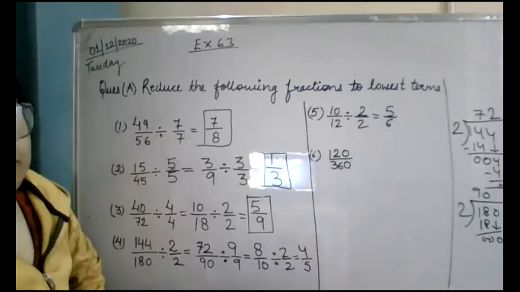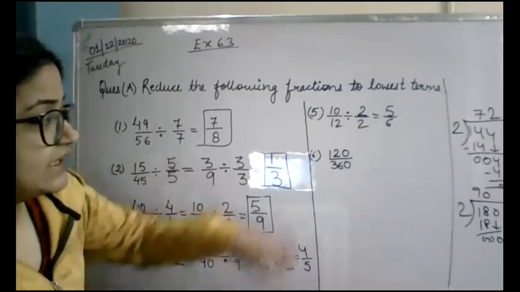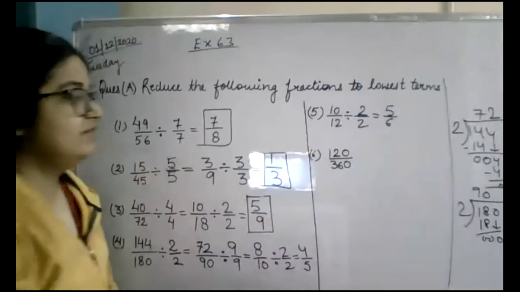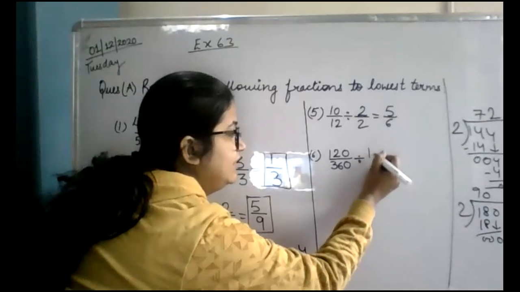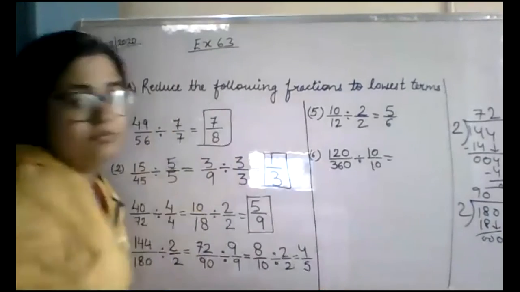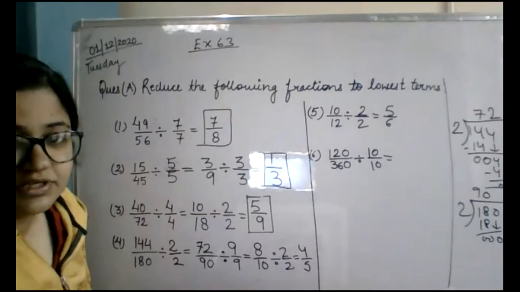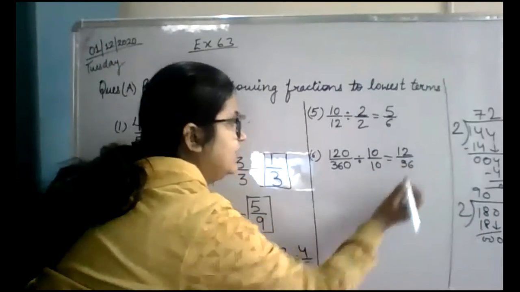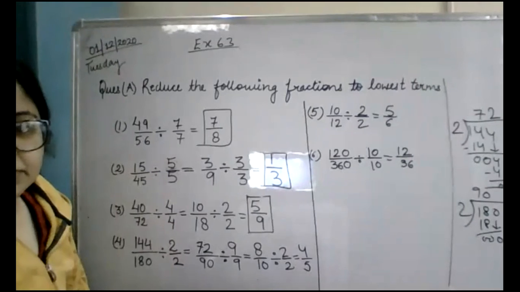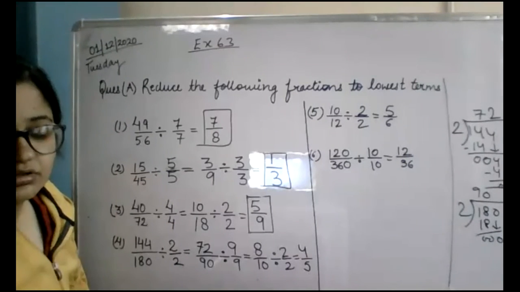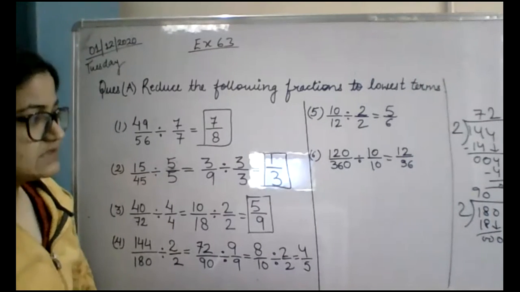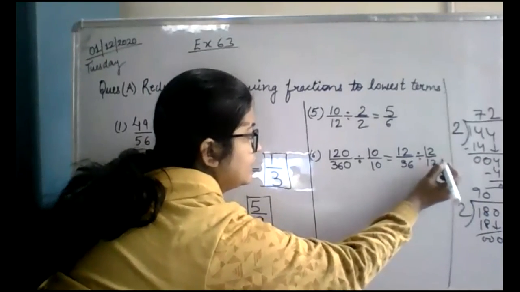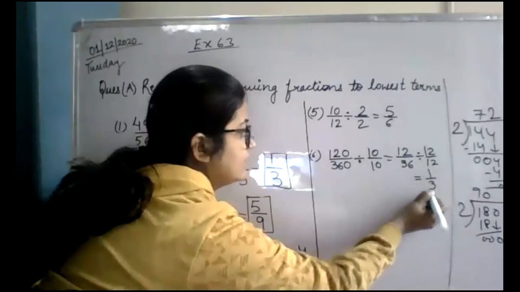Try to take a big number. 12. Not 12, beta. If you see 0 at the end, if you see 0 at the end of both, it is coming in the table of 10. Divide both of them by 10. Okay, it will be easier. Like when both have 0 at the end, that means both are divisible by 10. So 12 upon 36 will be the answer. Now 12 and 36, are they coming in any of the same tables? In which table do both come? In the table of 12. Divide by 12, numerator and denominator. So the answer will be 1 upon 3.